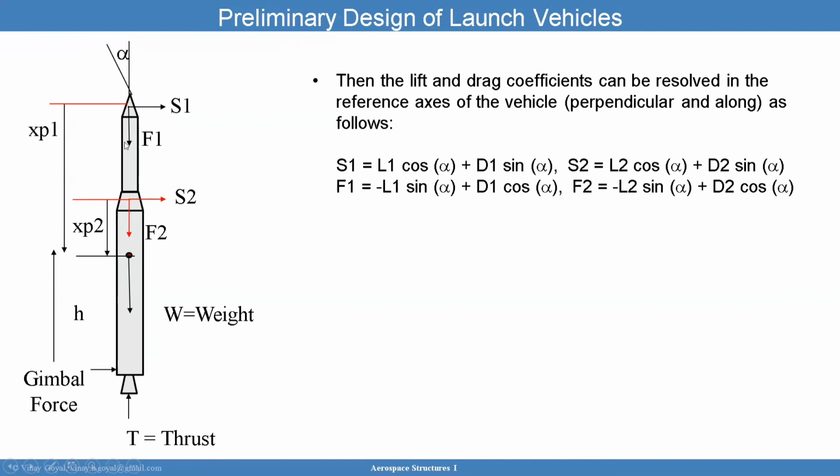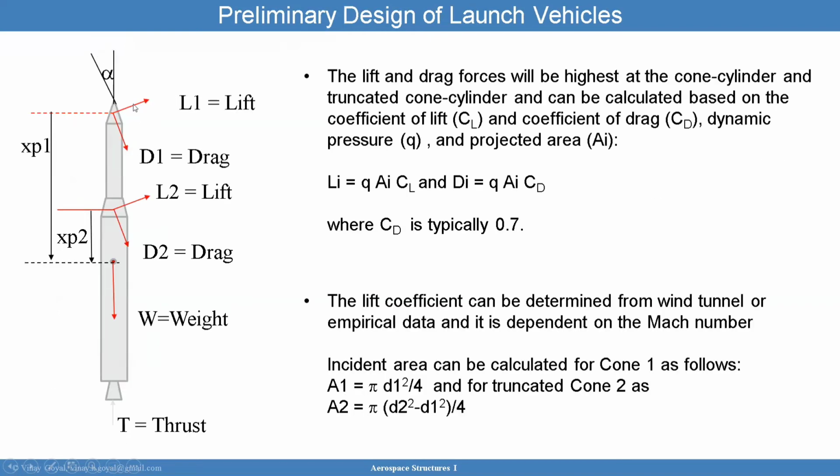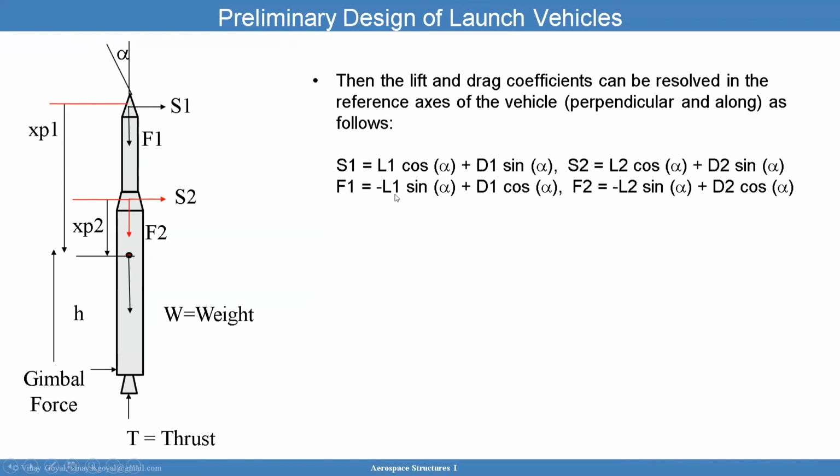Now, when I look at the force F1, which is vertical, the contribution there is that L1 now is in this direction, upwards, L1 sine alpha, while D1 becomes D1 cosine alpha pointing downwards. So F1 is minus L1 sine alpha plus D1 cosine alpha, and for F2 I can do the same calculation here. F2 will be minus L2 sine alpha plus D2 cosine alpha, where L2 and D2 are the lift and drag loads. So